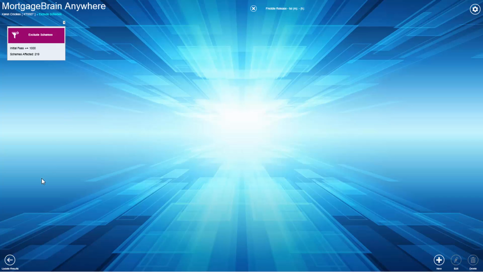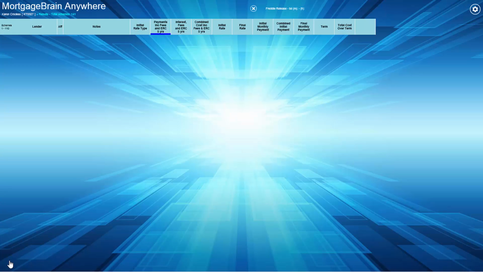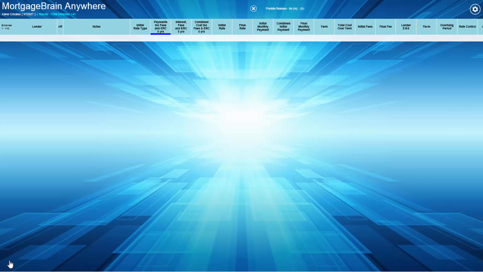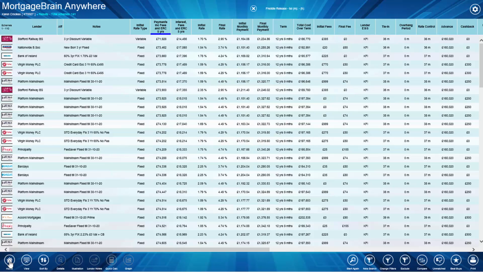So now if we want to continue back to our scheme list, we can click on Update Results in the bottom left-hand corner of the screen. And this takes us back to our scheme list with those schemes that had fees greater than £1,000 removed. And as you can see here, our total schemes at the top of the list now is 141. And you can continue doing this. So if we go back to the exclude button again,